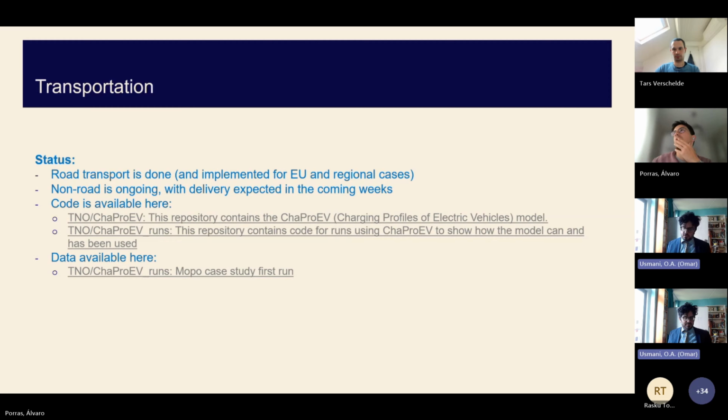Those scenarios tell you where vehicles will go, where they start and end, how they travel between those locations, and how often, based on a number of statistical elements. We define it first for a base case, which is based on the Netherlands, because that's where we started. And then we vary either per region or per country.